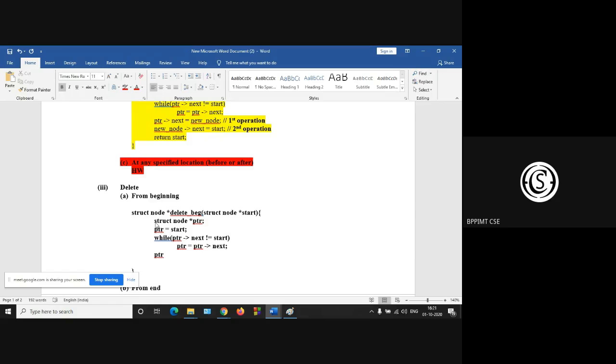As this is the CLL, PTR arrow next is equal to which one? Start arrow next. Is it clear to you?